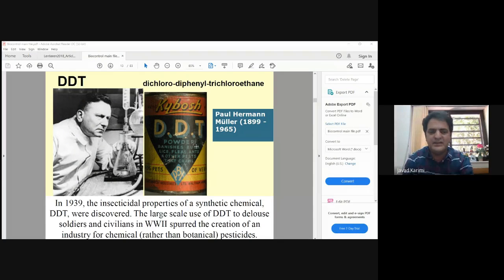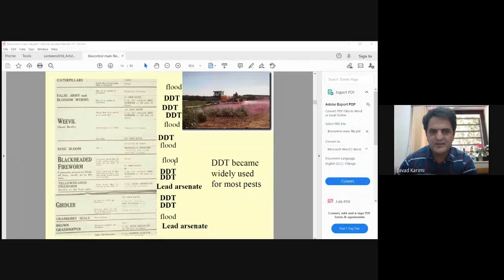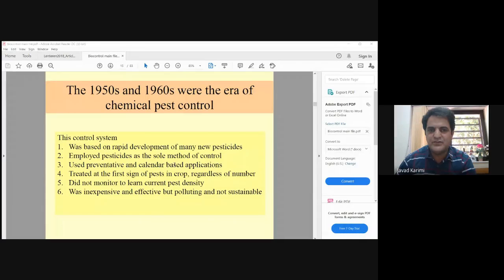You know that after the Second World War, the farmers and the greenhouse growers and all people thought that they could kill the pest totally and there was no need for any other technique. Actually, for one decade or two decades, the DDT and the related group was successful. But after two decades, more or less, we had a lot of challenges related to this pesticide, a lot of challenges which encouraged us to find new techniques and